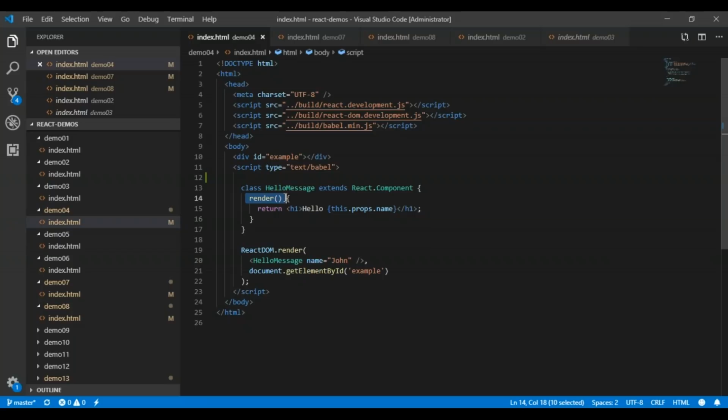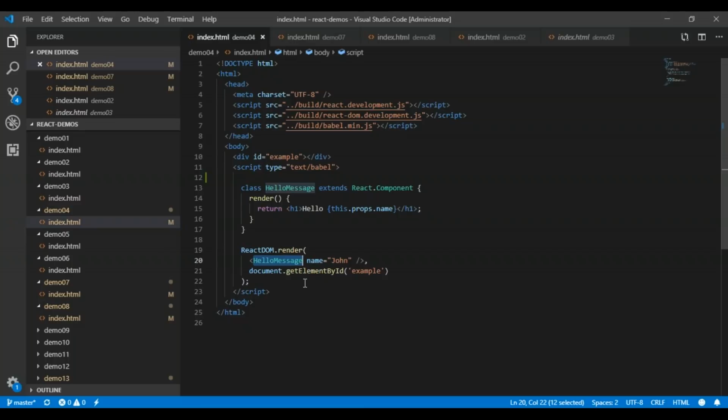Now components can have attributes and you can use this.props.attribute to access them. Just like in this case, I am using this.props.name. In ReactDOM.render, as I mentioned, you have to call the parent component or the root element. In this case, there is a component called HelloMessage.